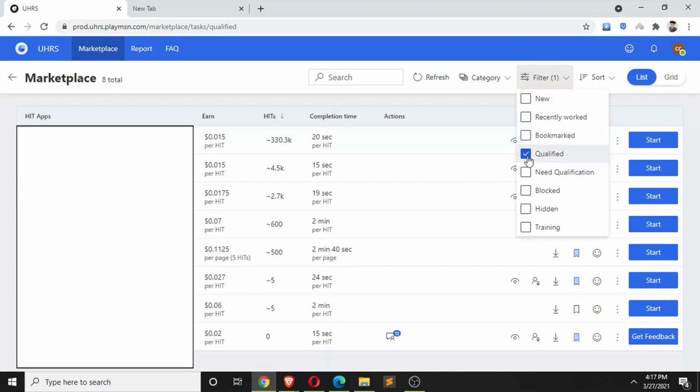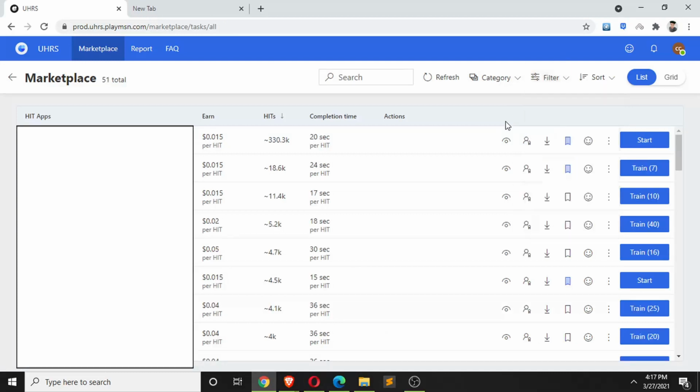So that is all the things you can do with the filter option, and this is with the sort option. You can just click this hits, and it will sort on the basis of hits. So that is what this sort option is. Use filter and sort, but I will not suggest using this category option, right? After this, I'll tell you about the report section, how you can see your accuracy, how you can see the number of hits that you did, and all those things, right? But I'd also like to tell you about a small hack that is currently working.